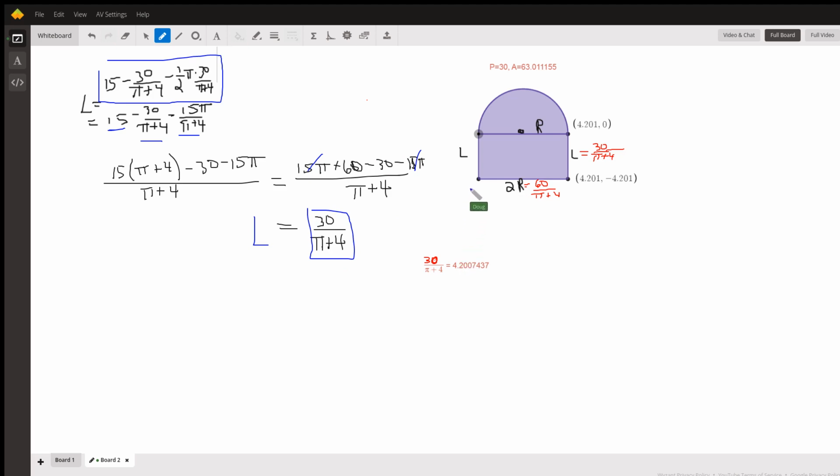What are the dimensions of the rectangle? Well, the dimensions of the rectangle, this base of the rectangle or length of the rectangle or width of the rectangle, it's 2r. So that's 60 over pi plus 4. And we've already seen from here that L is 30 over pi plus 4. Okay. And just so you know, 30 over pi plus 4 is about 4.2,